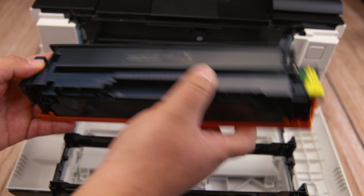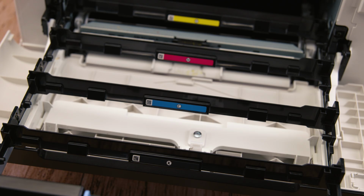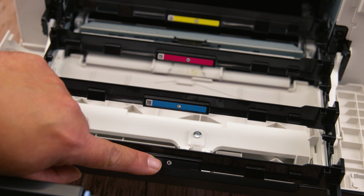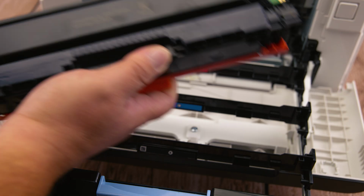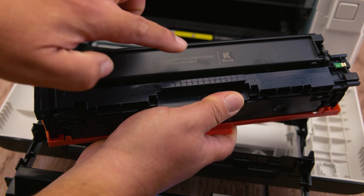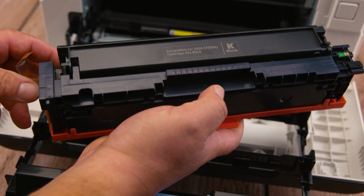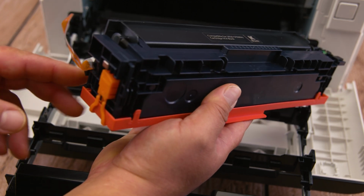Now that you've become a dance legend, we want to verify our plan of attack. You can start from the front with the black or start from the back, let's say in this case with yellow. We're going to start with black. As you can see, we have some markings right on the tray with the letter K that indicates black. Also on the cartridge, we have the same letter K that indicates black as well. So now that we have the correct cartridge and we already know where we're going to start and place it,